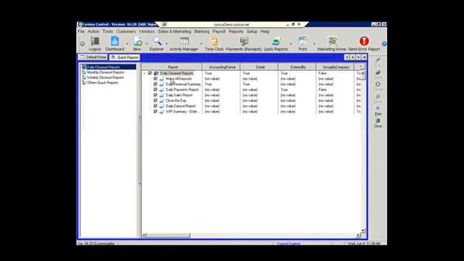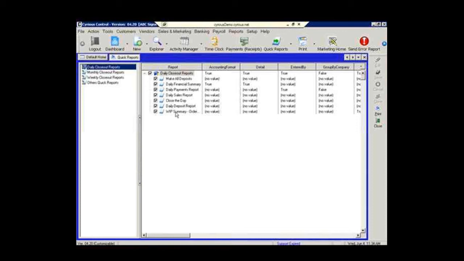The first one here is an action for preparing a deposit. Then we have a series of reports: a financial summary, payments summary, and a daily closeout. These are specific reports. And then you have the action of closing, the preparation of a report or deposit,